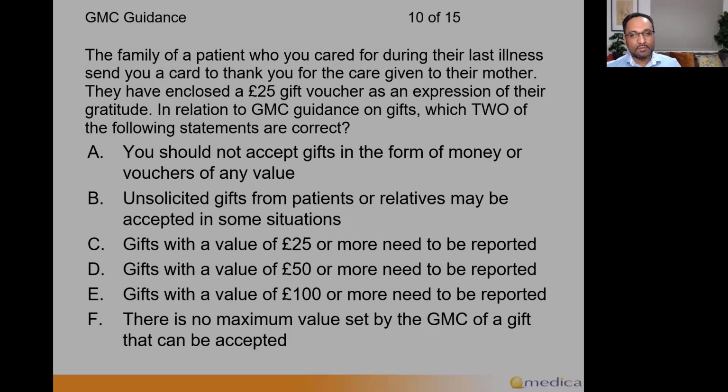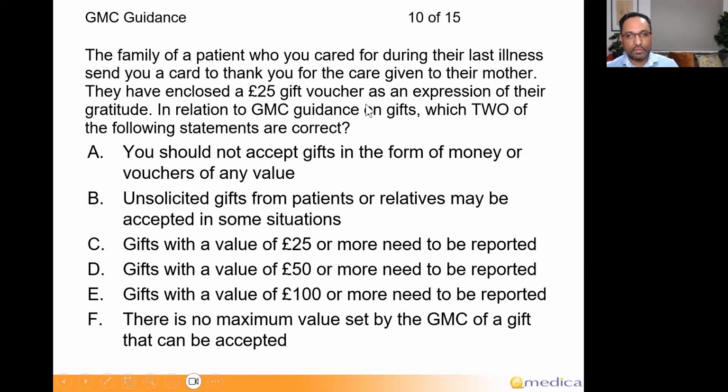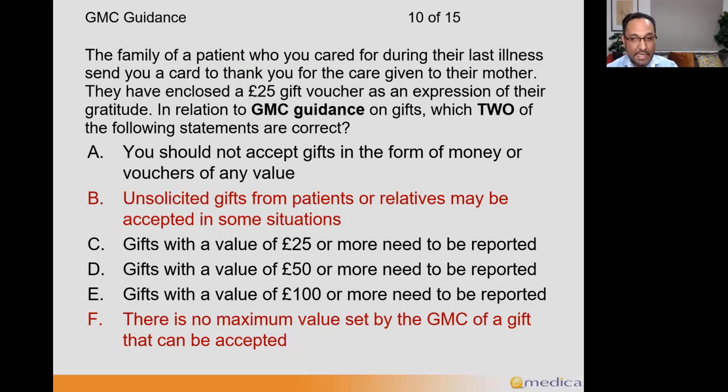Okay, so admin domain, got this family of a patient who's given a gift. So which two are correct? Again, you need both right to get the mark. So they are B and F. So if a patient or a relative gives you a gift and you didn't ask for it, unsolicited, they may be accepted in some situations, as long as it doesn't breach the GMC guidance on when you can and can't accept gifts,